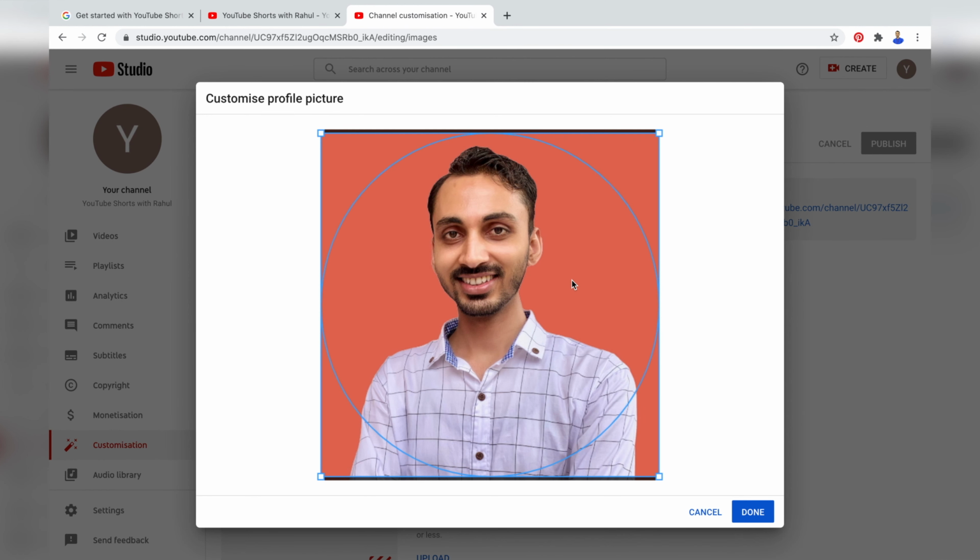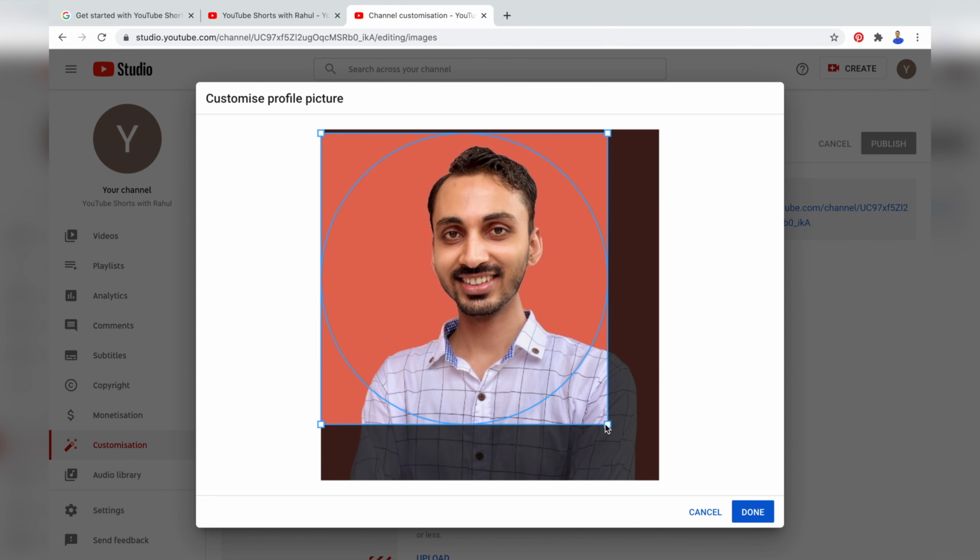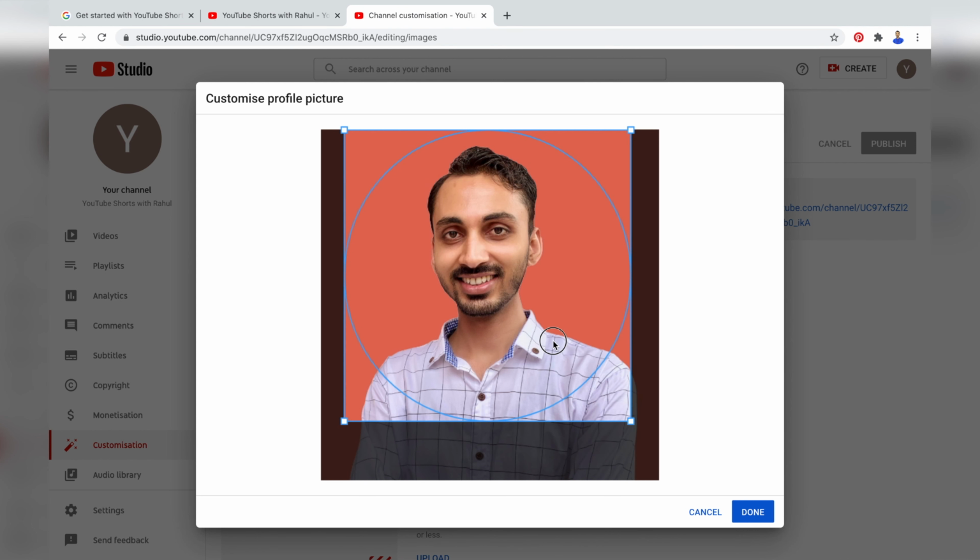And now on the next step, you may customize the profile picture to look exactly the way you want to show it. You may pinch from here to adjust it and then drag up or down to adjust the corners. Here it's worth noting that this circle is the one that will be shown in the circular field.